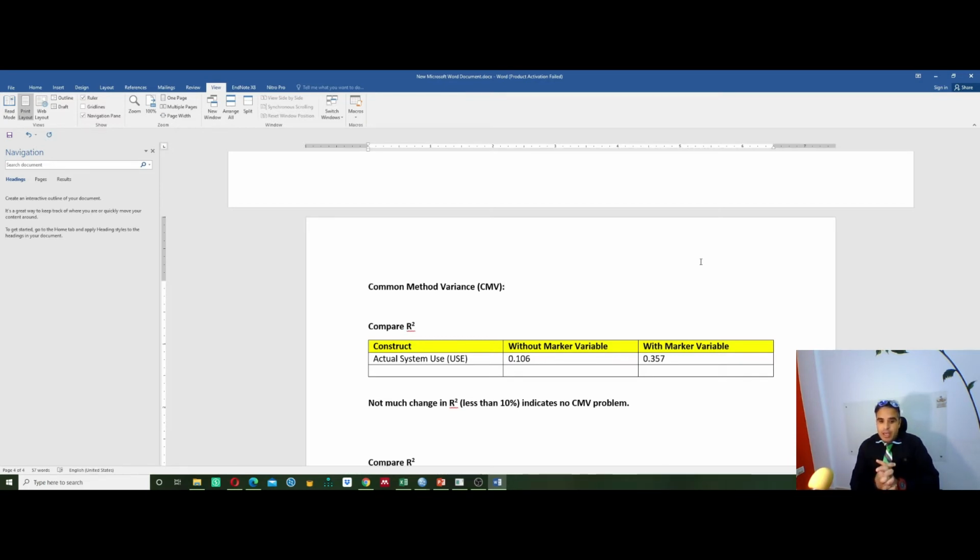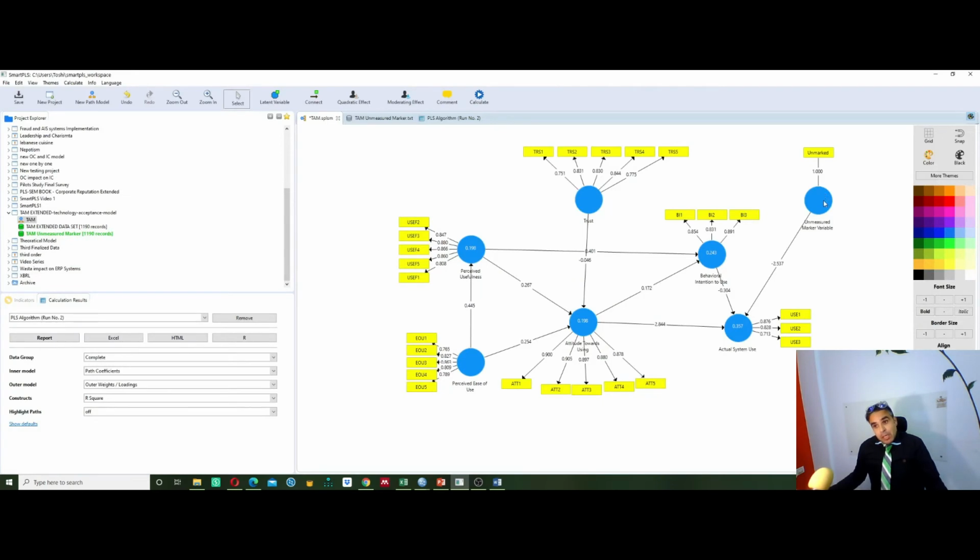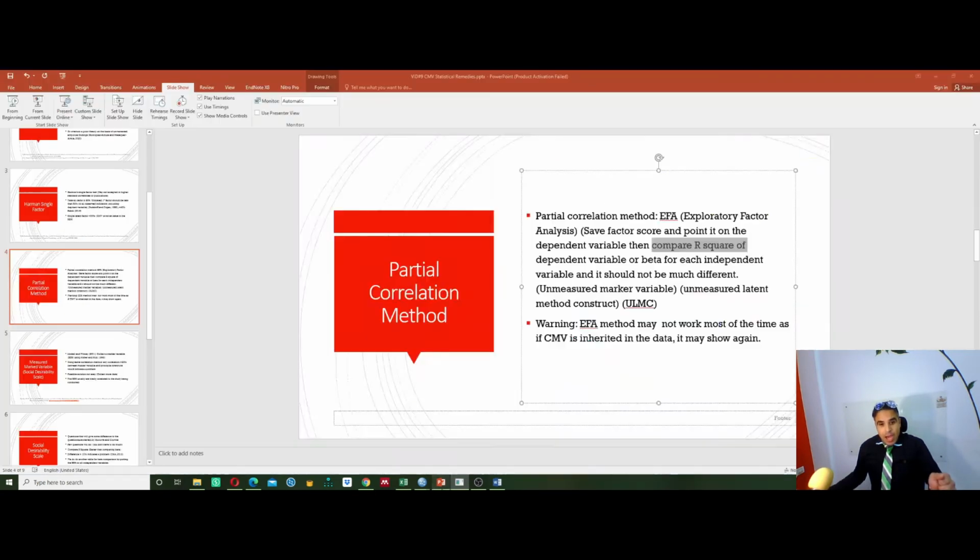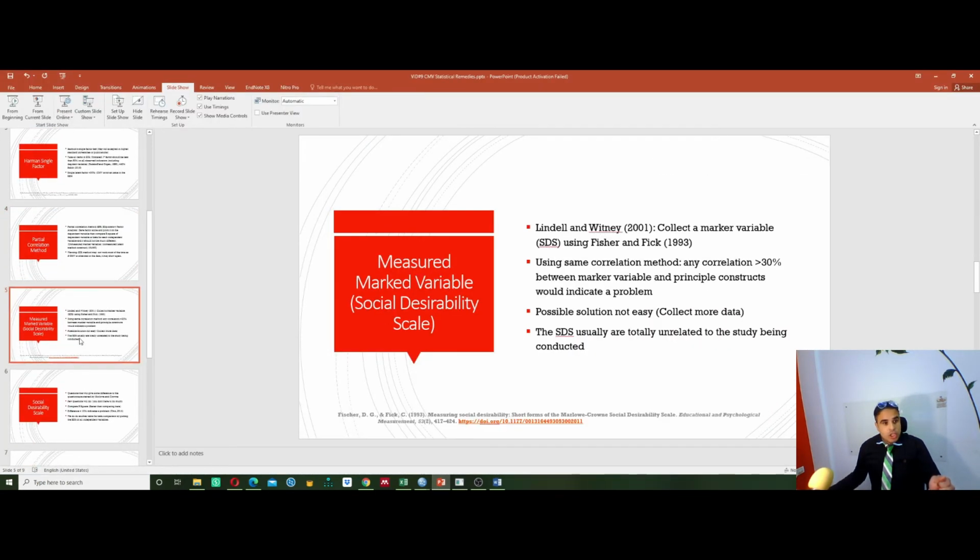This is a bit high here. The difference is not less than 10% actually, and this may indicate a CMV issue. So using this method, the unmeasured marker variable, I have noticed that my data may have some CMV problem. However, let's remove this and move to our next method, which is the measured marker variable,